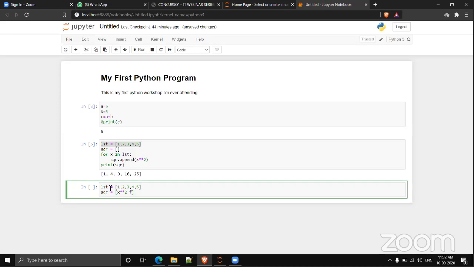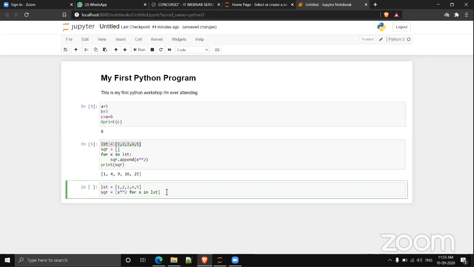We have to take this x from the for loop, for x in LST, right? That is, we must read it like: for each x in LST, put x star star 2 in SQR. For each x in LST, we have to put the square of that x in the list SQR.